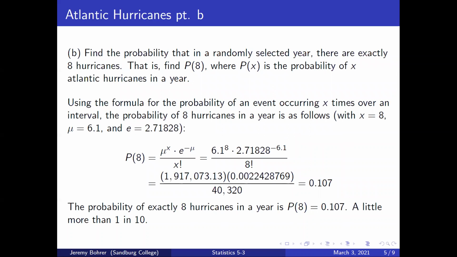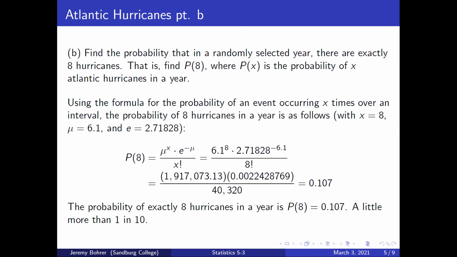B, find the probability that in a randomly selected year, there are exactly 8 hurricanes. That is, find P of 8, where P of x is the probability of x Atlantic hurricanes in a year. Using the formula for the probability of an event occurring x times over an interval, the probability of 8 hurricanes in a year is as follows, with x equals 8, mu equals 6.1, and e equals 2.71828. P of 8 equals mu to the x times e to the negative mu over x factorial, which is 6.1 to the 8 times